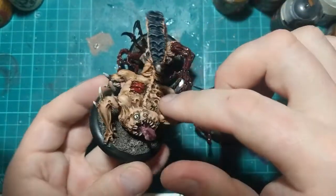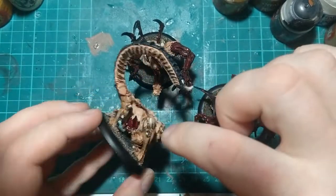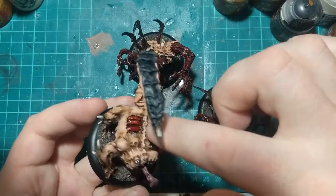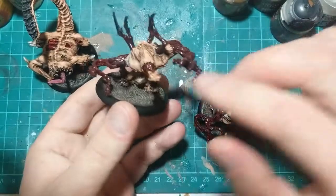We've used some more of the Blood Guard. So I painted these bits bone first, just the ribs, and then Blood Guarded over to try and get a bit of depth in these. Same here, so we re-highlighted the skin, same as I did on those,